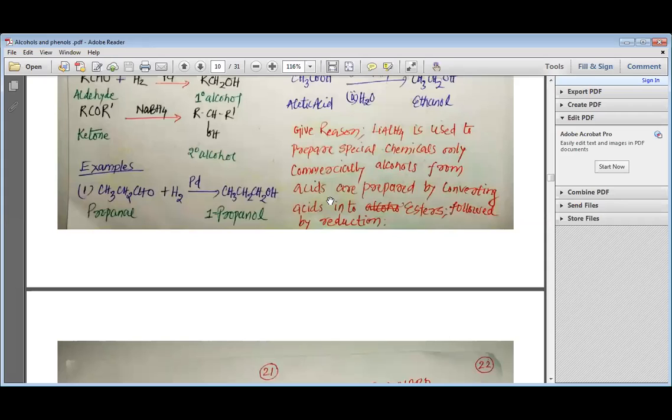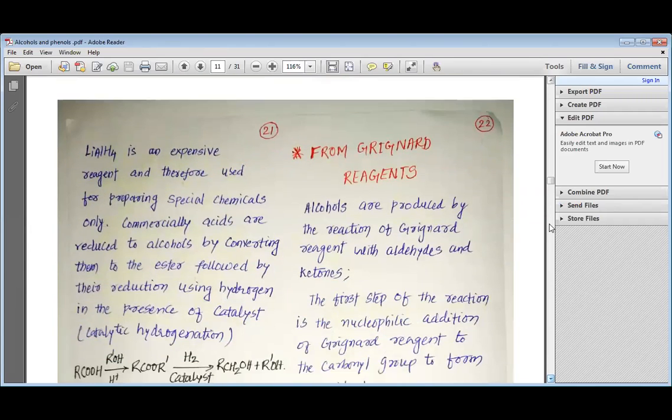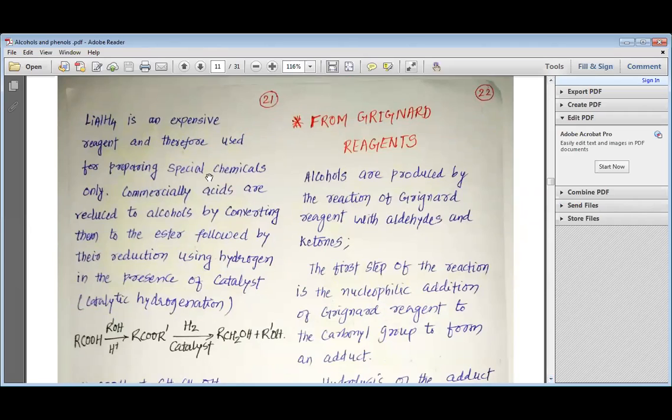Commercially, alcohols are prepared from acids by converting acids first into esters and then followed by the reduction. So generally, when we want to prepare alcohols commercially, we take the acid, and first we convert the acid into the esters and then we reduce those esters to the alcohol. So let us understand the reason. The reason is lithium aluminum hydride is a very expensive reagent, and therefore